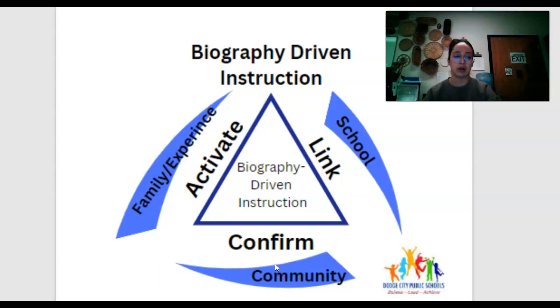How might this graphic organizer help teachers with the data analysis protocol? This data protocol can sometimes be viewed as overwhelming, or you just don't know where to start. However, this graphic organizer really helps to break it down. First you're activating the student's background, their family, and their prior educational experiences, then linking that within your school and your content level in order to help students make those connections, and then confirming it with your community in order to link all three together and help students be academically successful. These graphic organizers really teach you step 1, 2, and 3, and it's a continuous loop in order to help students be academically successful.